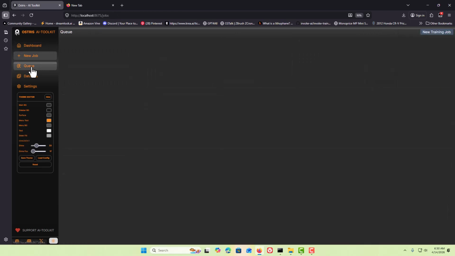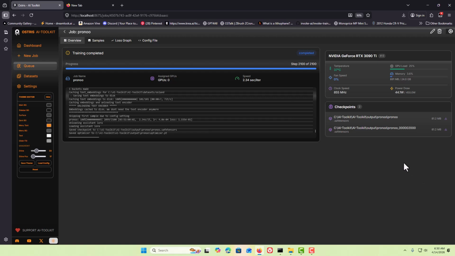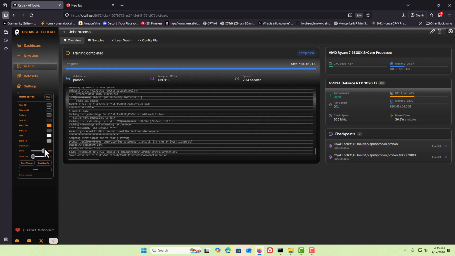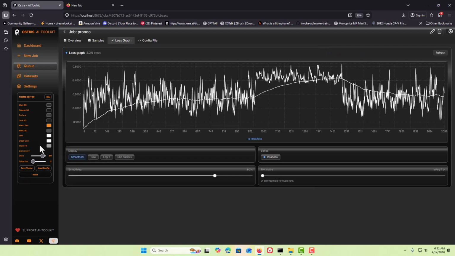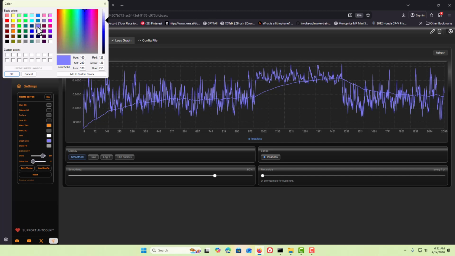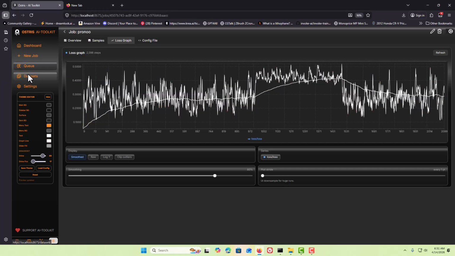New jobs. Just go to the queue and we'll open one of these up. I kind of like this one here. If you want to move the shine up and down, kind of nifty. It will do the lossless graph, change the graph line color. If you decide that you want to, change it to any color that you want. If you don't like it, just press cancel. And like I said, you press save here,